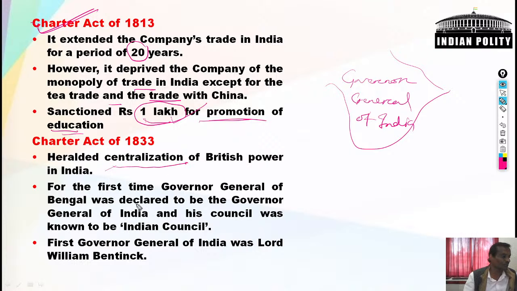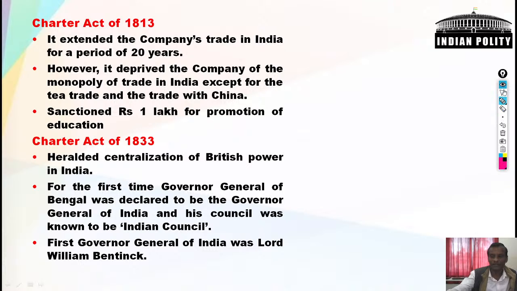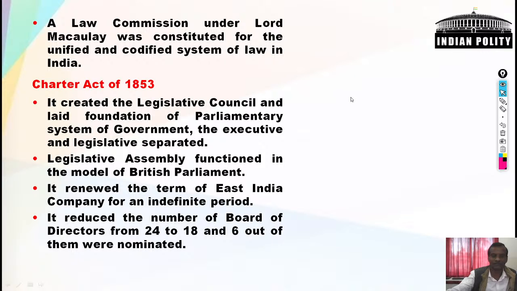For the first time, Governor General of Bengal was declared to be the Governor General of India, and first Governor General was Sir William Bentinck. Sir William Bentinck ने ये किया था 1833. Okay, now the sorry, that is 1833. Then another matter on Government of India in 1833 Charter Act, that a law commission,